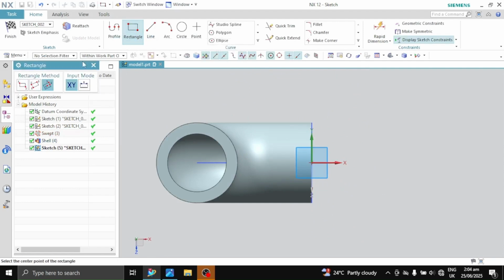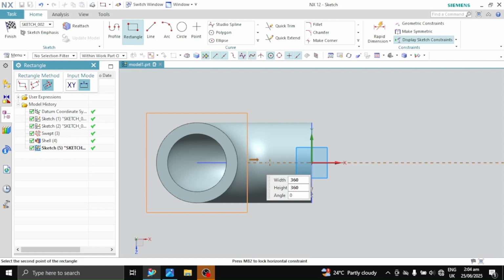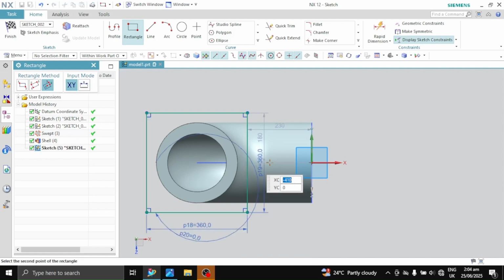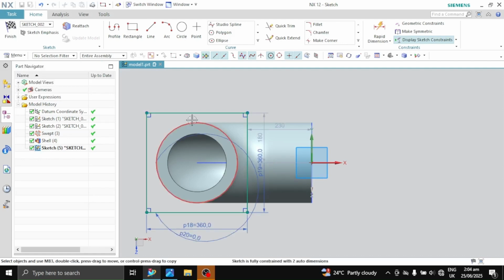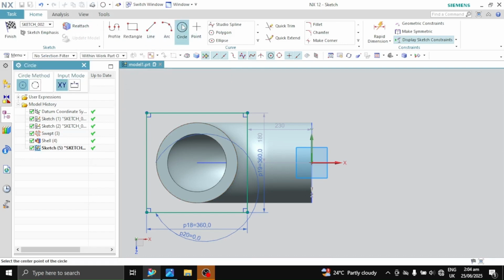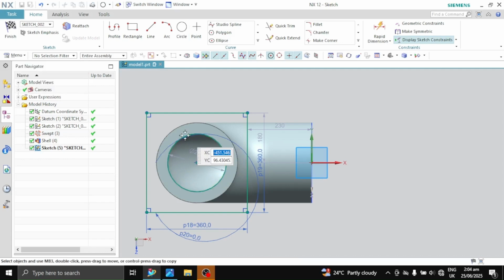Use the rectangle tool from center. We come to the center here, and the dimension to be 360 by 360, and press enter and escape. I'll use the circle tool to cut inside to this point and click on it and press escape.